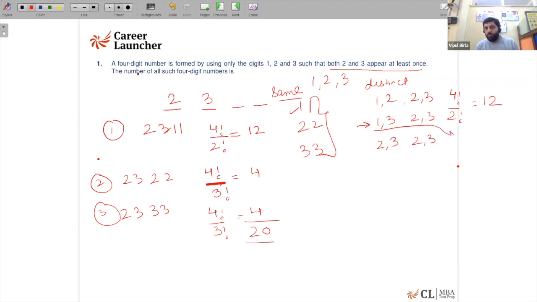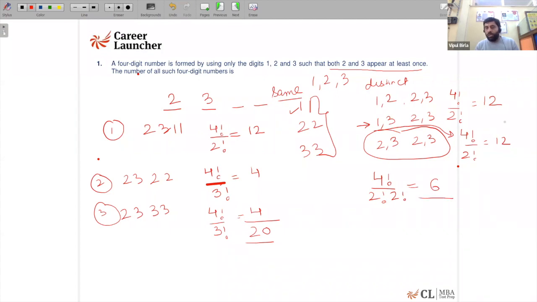So the answer will be same as the earlier one, which is going to be 4 factorial upon 2 factorial, which is again coming out to be 12. The last case, when 2 2s and 2 3s are there, so the total number of arrangements will be 4 factorial divided by 2 factorial, because 2 2s are same, and again divide by 2 factorial because 2 3s are also same. So if we solve it, it will come out to be nothing but 12 upon 4, which is 6 is the answer.